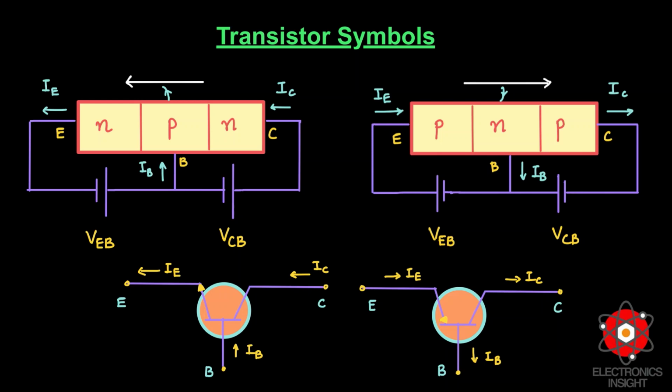For the NPN connection, it is clear that the conventional current flow is out of the emitter, as indicated by the outgoing arrow. Similarly, for the PNP connection, the conventional current flow is into the emitter, which is indicated by the inward arrow. Now, to understand the transistor action, the emitter-base junction of a transistor is forward biased here as indicated,